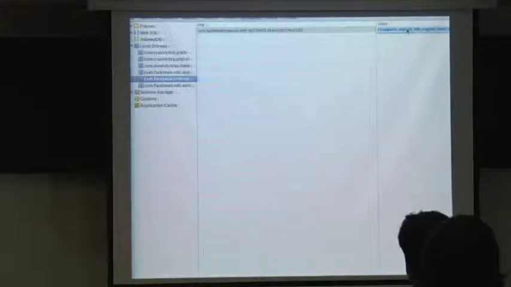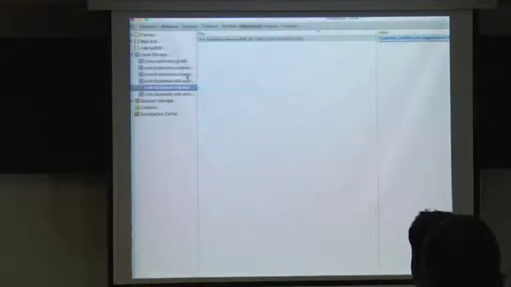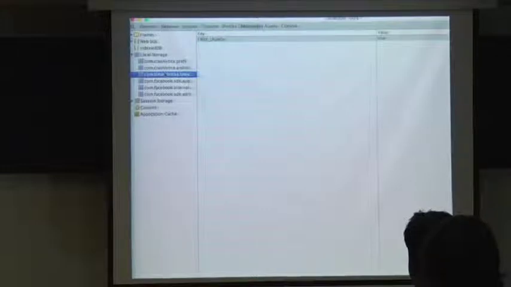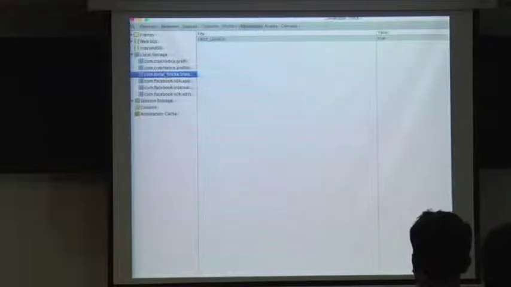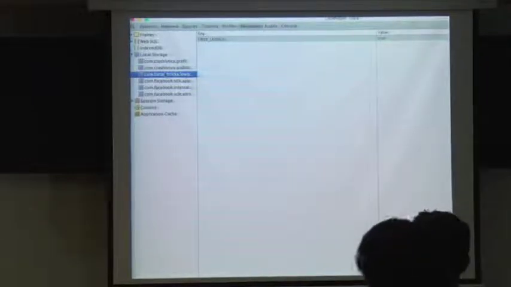So if you have a lot of shared preferences, like in my case, I just have one, but in some of my apps I have 10 to 15 shared preferences, and I want to manipulate those preferences so that I can test certain scenarios. You don't have to do it with code, right? You can just use this, edit it, and debug the app, and it will be live, right? So when you edit it, it will be live editing in the app itself.